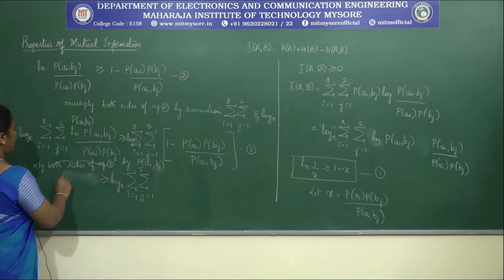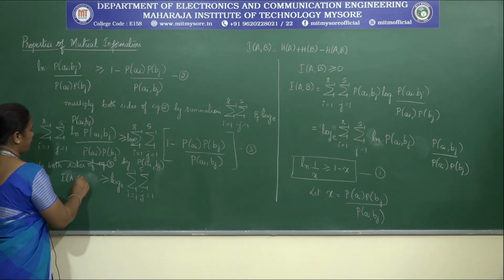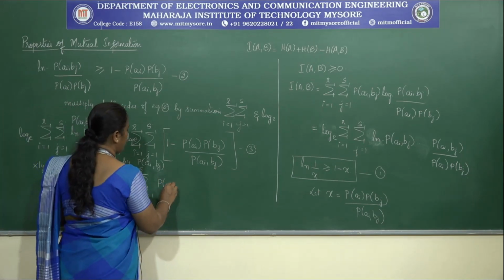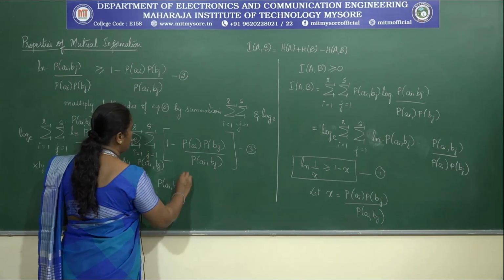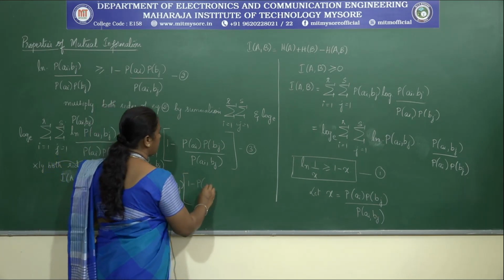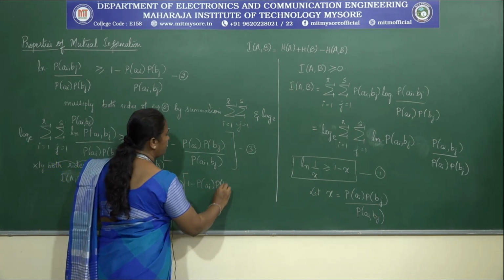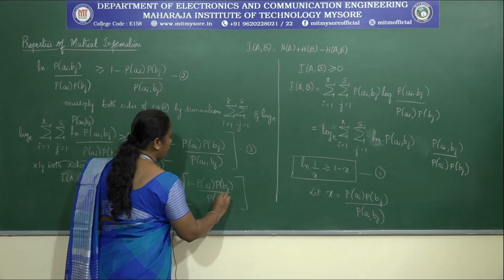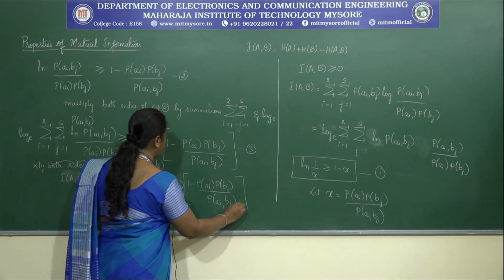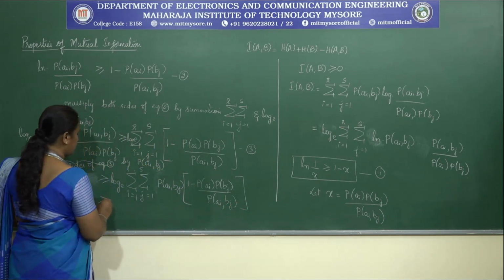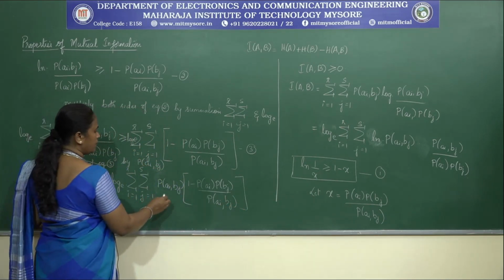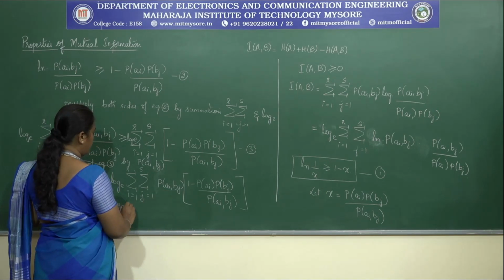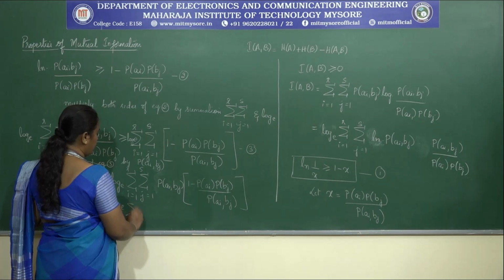Then this will be your I of a comma b. Okay. So this is your log e. So this is your P of ai comma bj, 1 minus P of ai into P of bj divided by P of ai comma bj, where this equation further gets simplified to log base e double